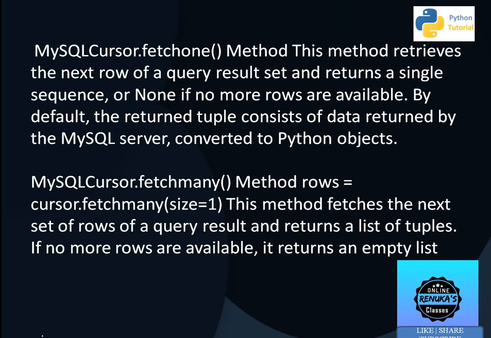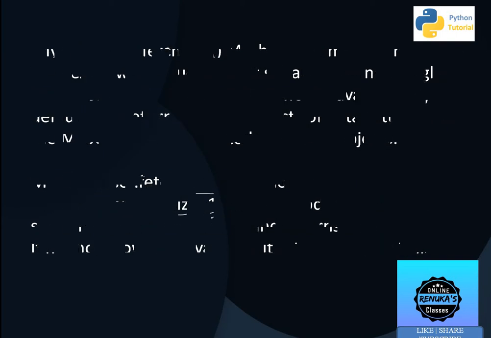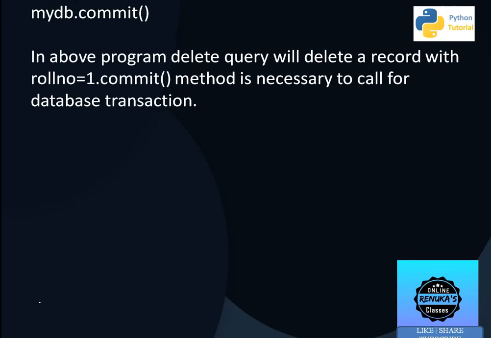So fetchall and fetchone. Fetchall means all the records will come at a stretch and we can print them with a loop. And fetchone means one by one. Suppose you only want one record, so fetchone will help you retrieve a single record or single row, and that you can print. If required, again you can give fetchone. Fetchmany is also one of the methods we can use, with which we can retrieve a set of rows. Suppose we say fetchmany with size equal to 2. In that case 2 records will be retrieved from the result set. So this is how we can use the fetch functions.